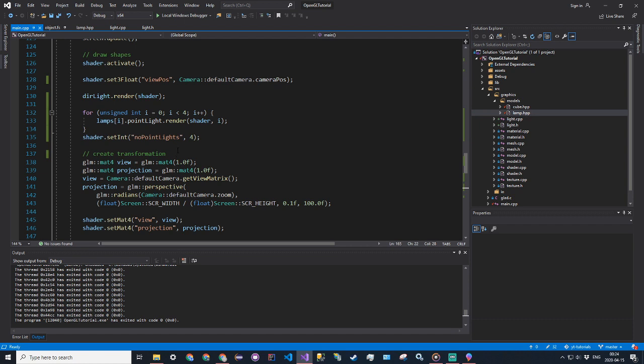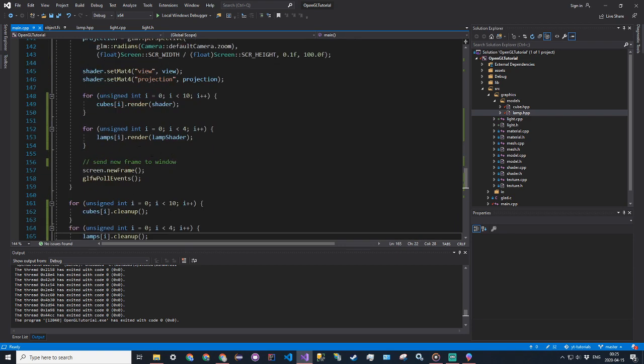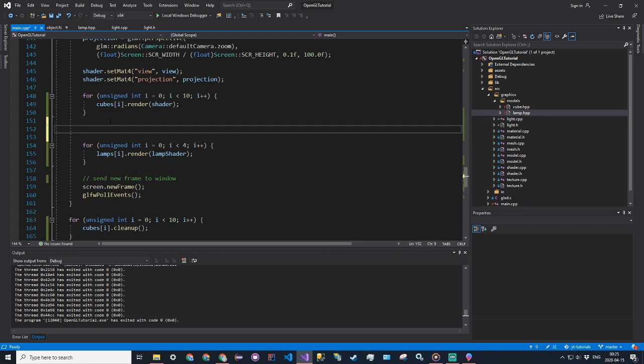Number of point lights is 4. We render them. Oh, I don't activate the light shader. That's right, that's what we forgot to do. So we have to say light shader dot activate,